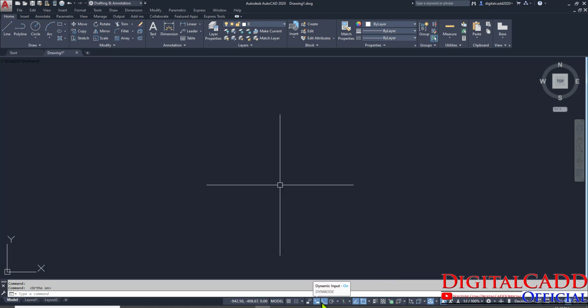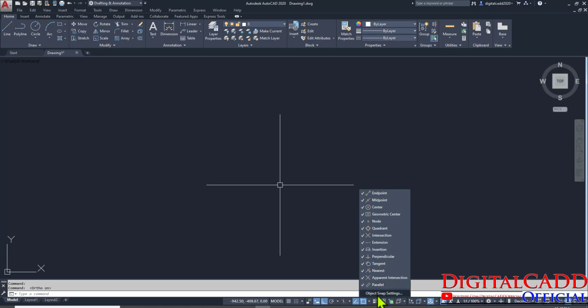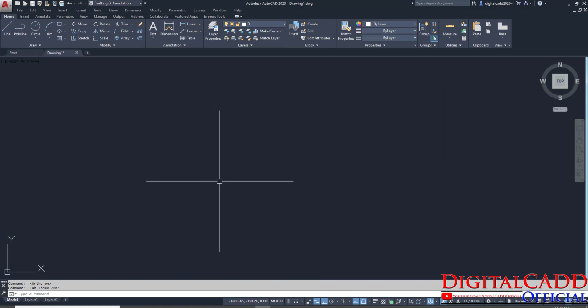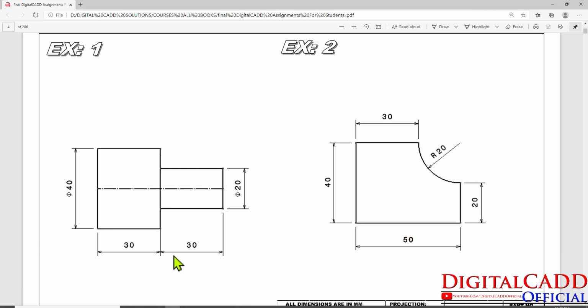Ensure that all the nodes are checked on. Okay, object snap setting, we have 2 options here, clear all and select all. We use this one, select all option, and hit OK. Now we are all set. Let's start with exercise number 1.